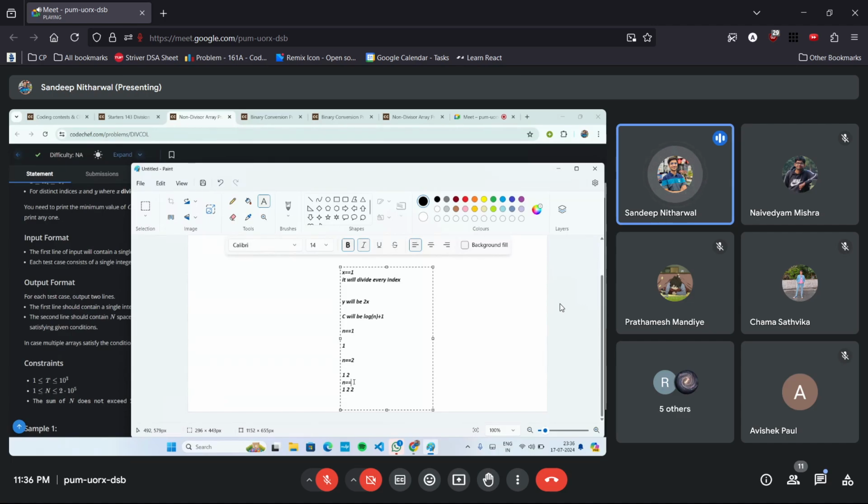If n is given 4, then we need to increment because 2 divides 4, so we need to increment at the fourth index. For n equal to 5, we don't need to increment any number because 5 is not divisible by 2, 3 and 4. And for 6,